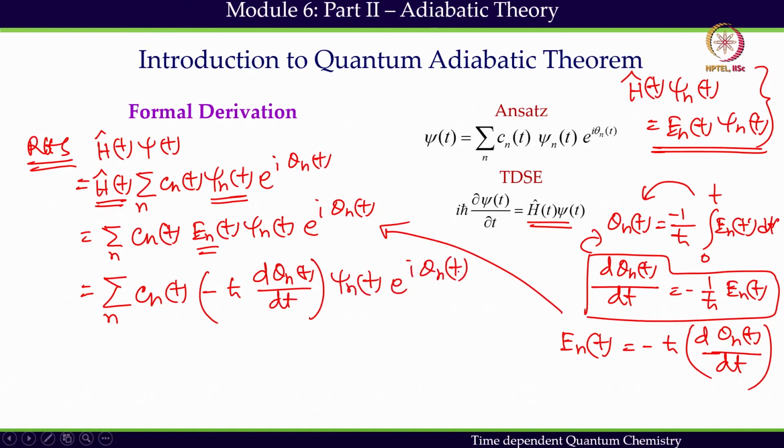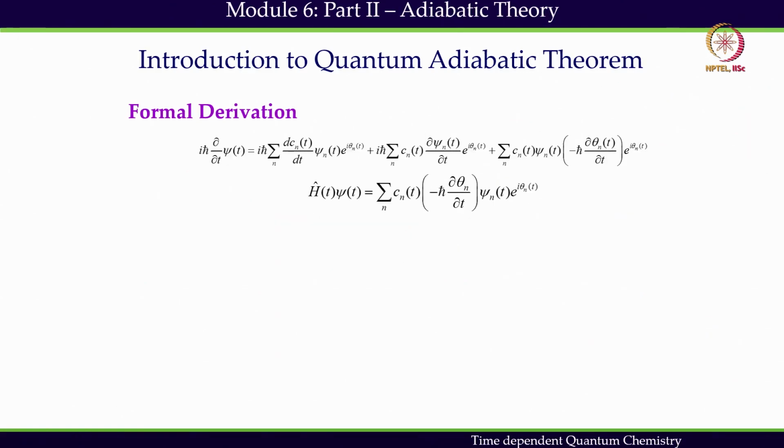That is what I get from the right hand side. Because it is true at all times, left hand side and right hand side should be equal. So this part and this part should be equal, and if we make it equal, this part and this part will be cancelling each other, and in the end what I get is